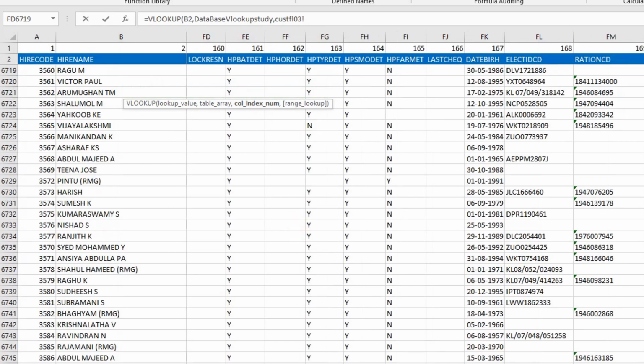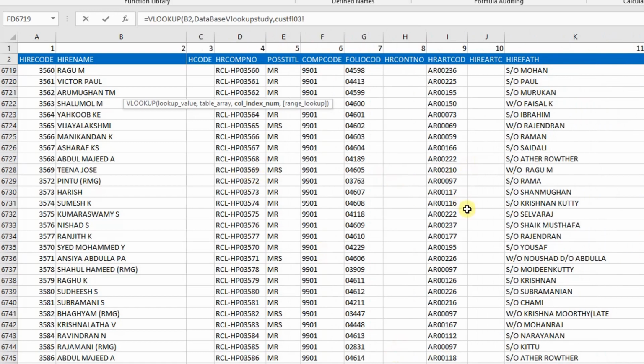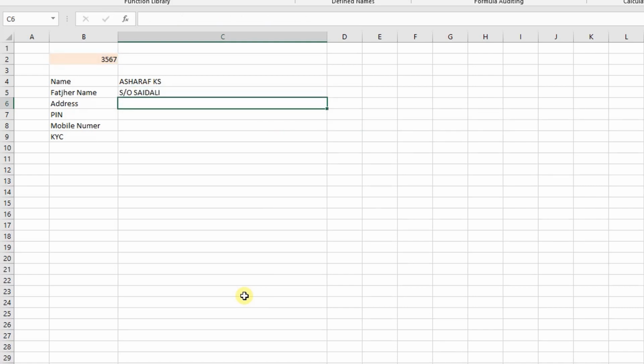Which column is the father name in? The father name is in the 11th column. So enter the column number 11. Select the exact match, close the brackets. Now the name of the father is shown.